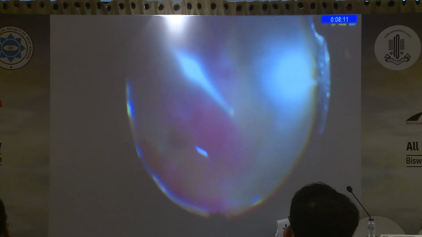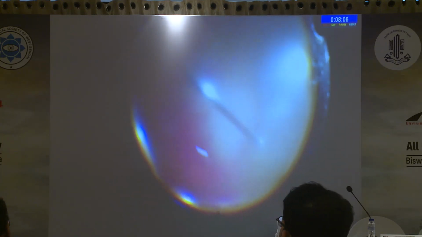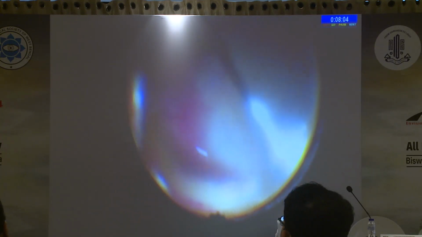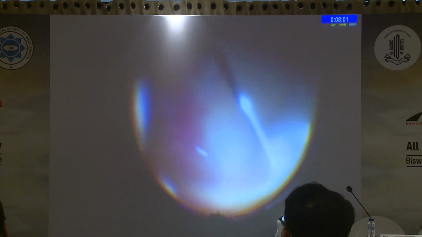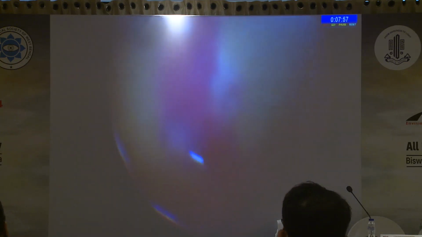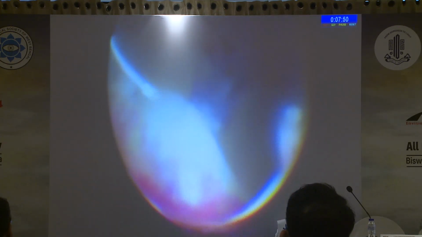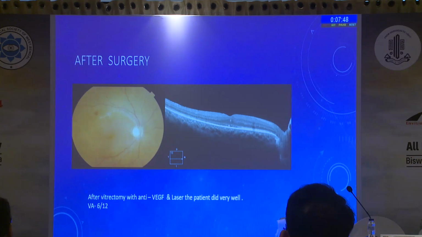Now we can see the retina, and that's the part. A small part is still left behind, but I think with time this goes off. So this was after the surgery, and we did a little bit of laser as well. That is the spot where the RAM bleeding happened, and the patient actually improved to 6/12, and a pretty happy